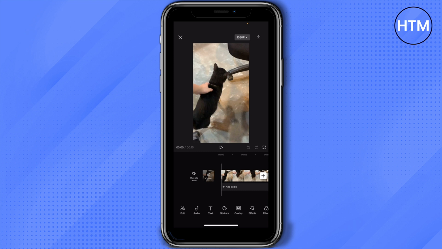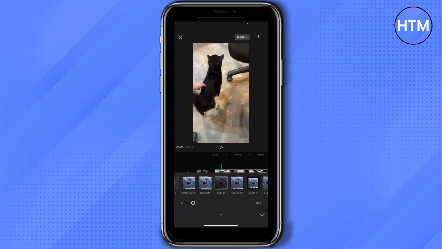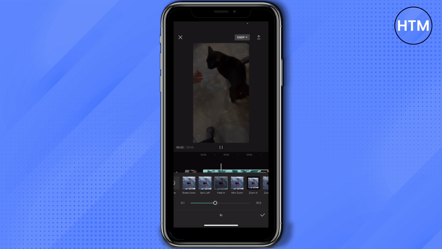Once it's added to your trackboard, tap on the video on the trackboard, and then tap on animation. We're going to put first the fade in effect on this video, so we'll tap on in, and then here you'll see the third animation. It's fade in. Tap on that. Then you can edit the duration of this fade in effect. So let's say I want it to be maybe 4-5 seconds in here, and then tap on the check mark,